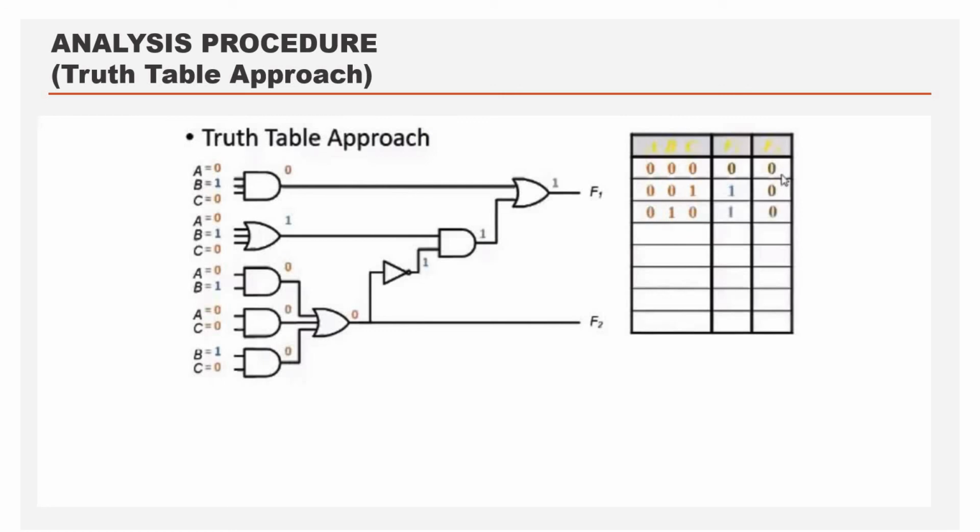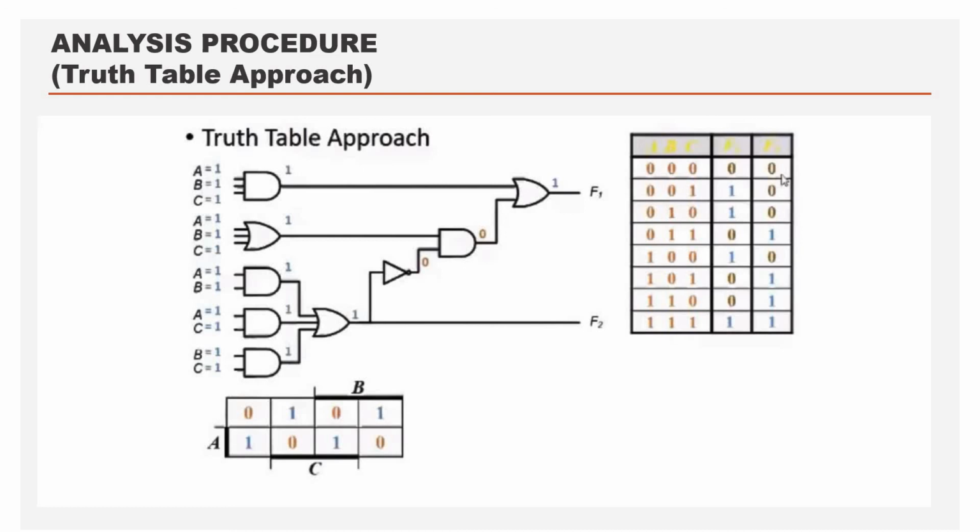Now we fill this table with different values of A, B and C, since there are 8 possibilities from 0 to 7. Let us wait for this table to get filled. So finally we have all the values of F1 and F2. Now we are supposed to get the expressions using the K-maps, or directly we can get them. But here we are using K-maps.